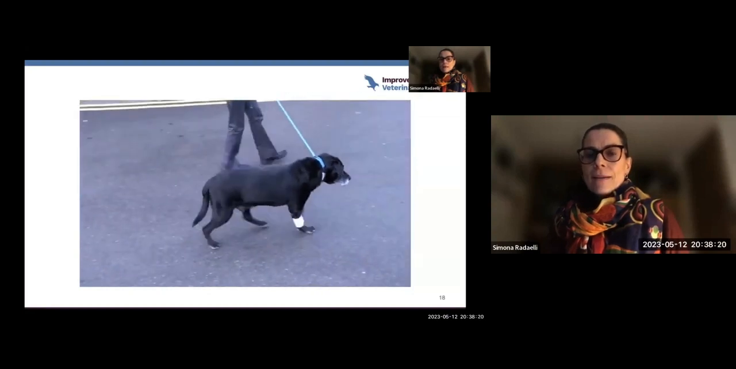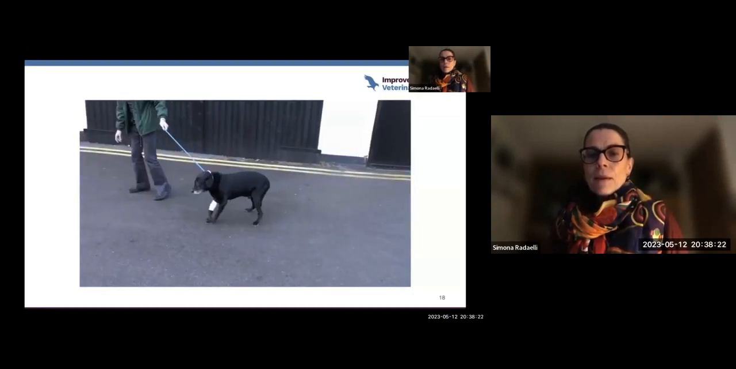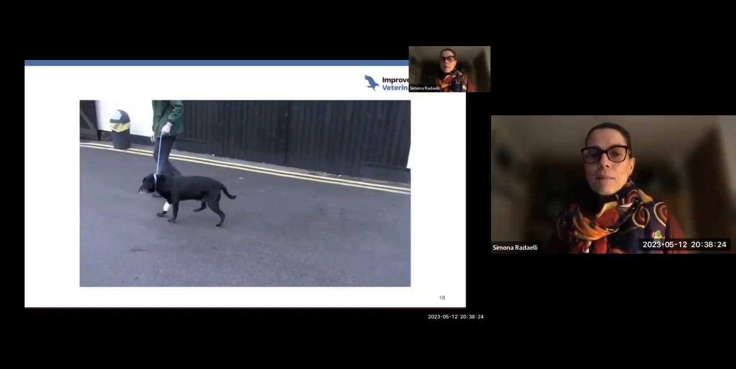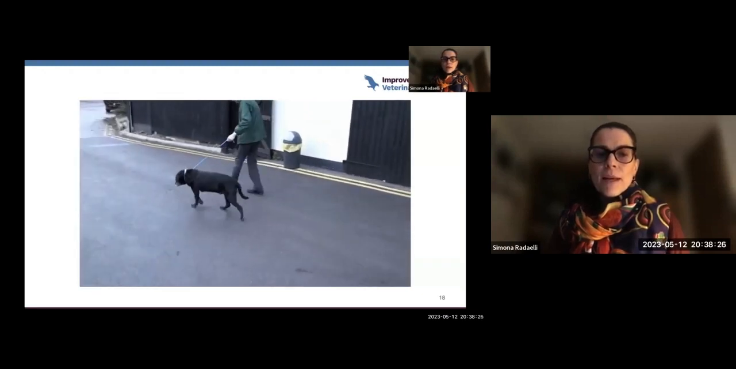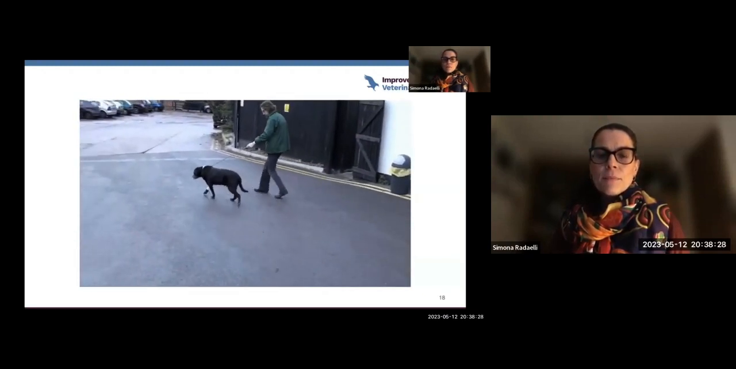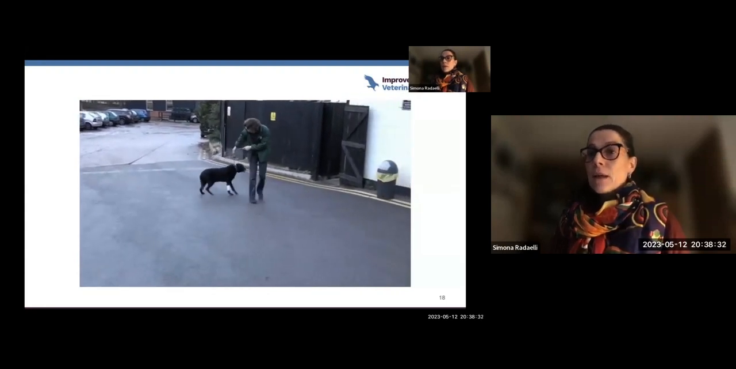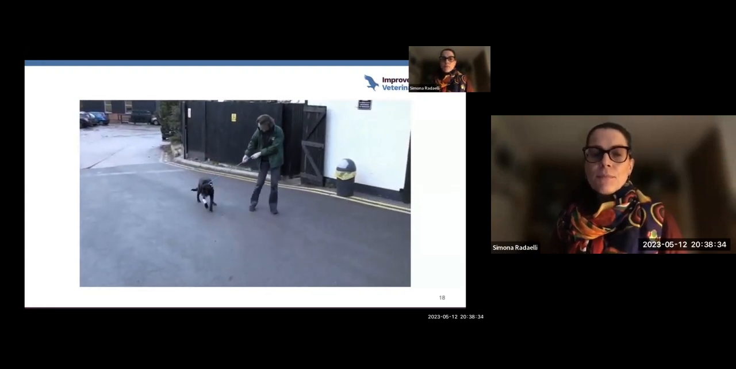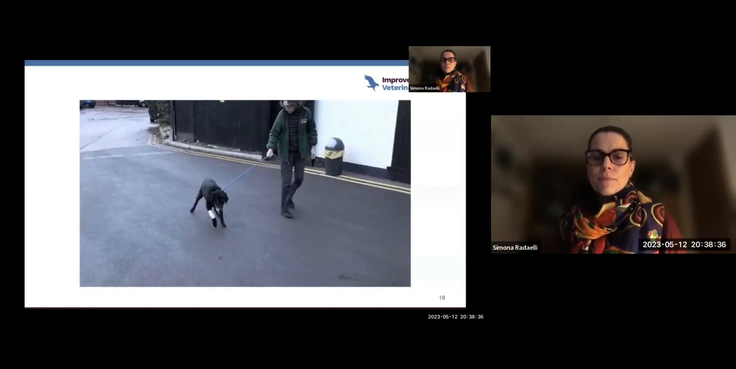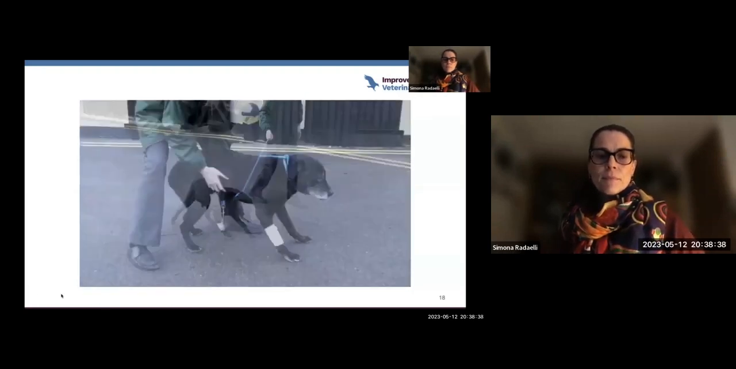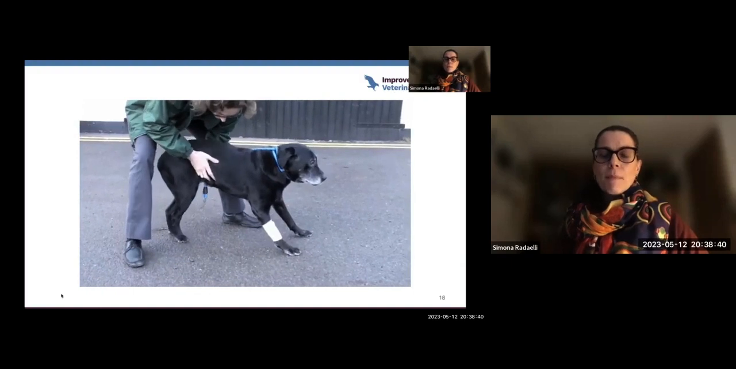The dog had, let's see, have a look at him again, a bit of low head carriage as well. This is a typical example of sensory ataxia due to a spinal lesion. So we did a neuro exam,